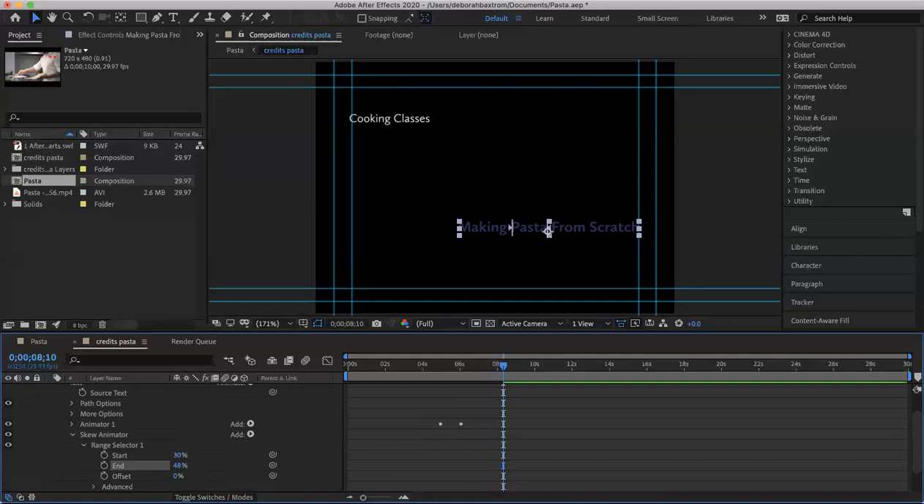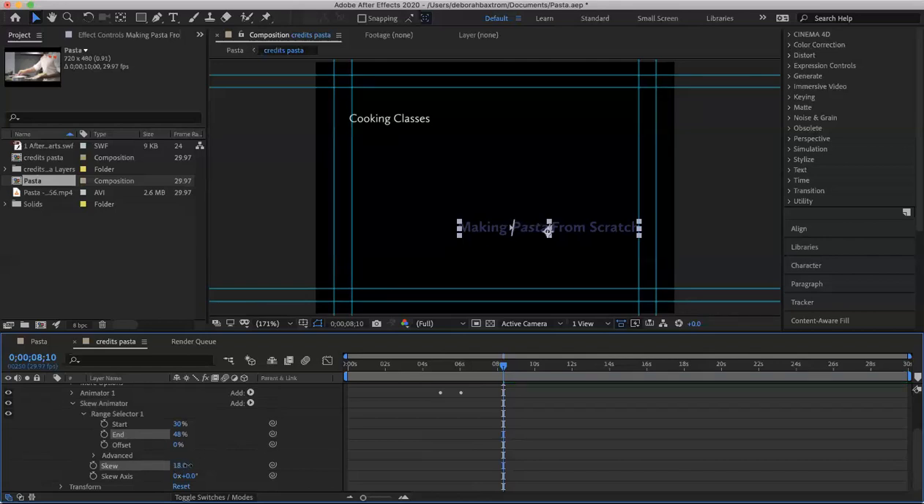Okay, so now the properties that I animate will only affect the word pasta. And if I drag the skew value here to the left and the right, watch the screen, watch the word pasta. That word moves and everything else stays still. So let's set this to 0. We set it to 0 at 810. Now let's go to 805